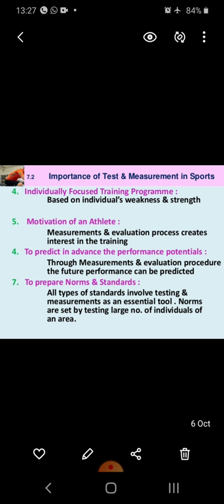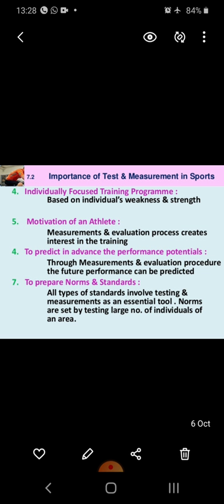As I have already explained, you know that you are able to run 10 kilometers. So you know your potential. Your coach also knows that Mr. Sankalp is a very good athlete, a very good long distance runner. The teacher or coach knows very well that Sankalp has no problem up to 10 kilometers.